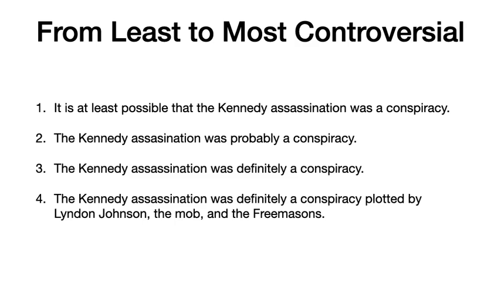Finally, the Kennedy assassination was definitely a conspiracy plotted by Lyndon Johnson, the mob, and the Freemasons. I don't know, I just mix and match your conspiracy theory. Dale Gribble on King of the Hill might have said this. Probably should plug in a real Dale Gribble conspiracy theory here. That might be more fun, right? If you guys have ever seen King of the Hill, there's a running character who has crazy, crazy conspiracy theories. Anyway, his wife's actually cheating on him, and he has no idea, that's the running joke. He's suspicious about everything else, not suspicious about his wife, and he should be. Anyway, neither here nor there.